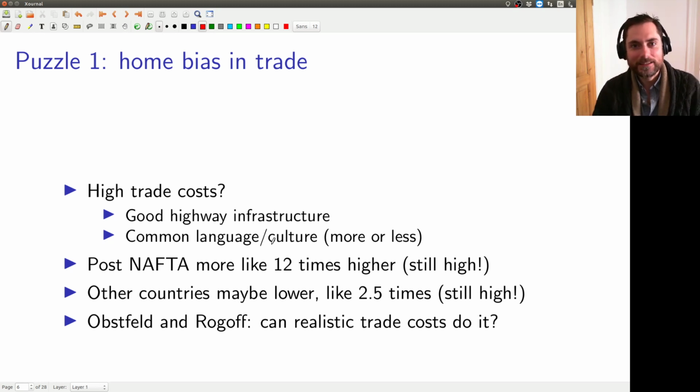So basically, Obstfeld and Rogoff are going to say, it's not actually that big of a puzzle at all. All we need is these two ingredients, that goods from abroad are not exactly the same as goods from home. They can enter symmetrically into your utility function, it's just that they're not the same goods. You have a substitutability between them. And there's trade costs, and that's actually going to be able to generate numbers that are of the size that we see here. Okay, so next we'll get into the model.